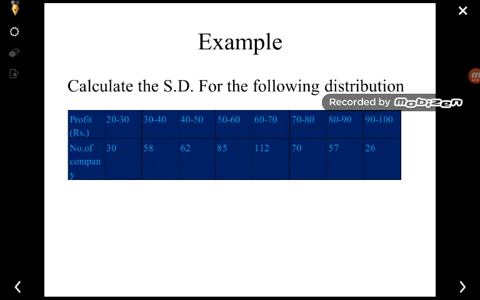So here the data is given in the form of class interval. At the same time, the frequency is given. 40 to 50 variables are 62, 50 to 60 variables are 85. In this way you can find out the frequency as well as the x variable, but the data is continuous. So we have to first find out the mid value. We know the procedure. According to the procedure, in case of class interval, we have to find out the mid value as an x.